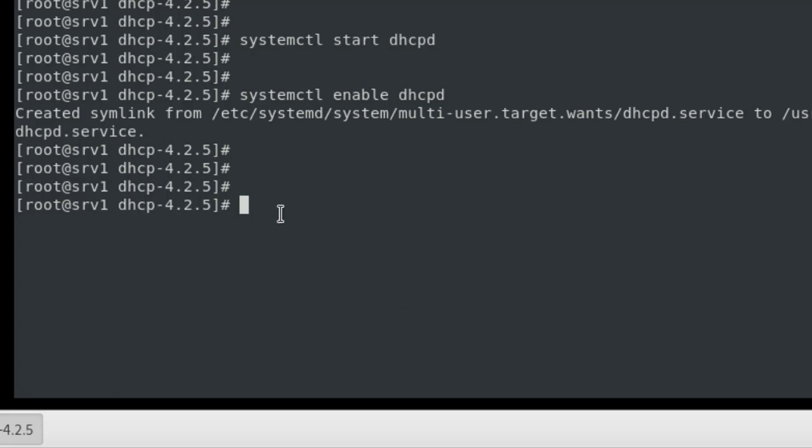So let us add that to the firewall: firewall-cmd --add-port=67/udp.